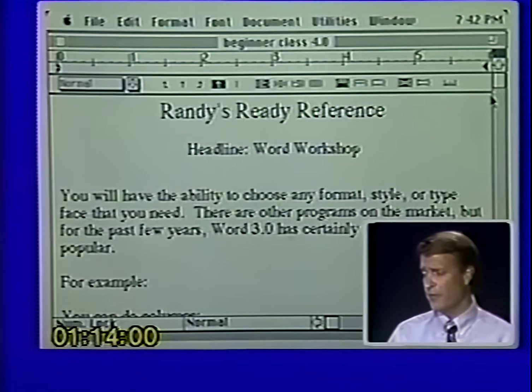In 3.02, you had two ways of looking at your document. You had the galley view, and that's what we've been typing in all along. And then you had what was called page preview. Page preview allowed you to see a thumbnail sketch of your document. In the new Microsoft Word 4.0, we have 4 views of our document.